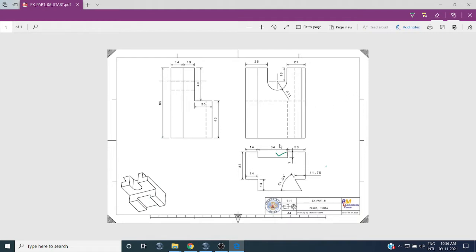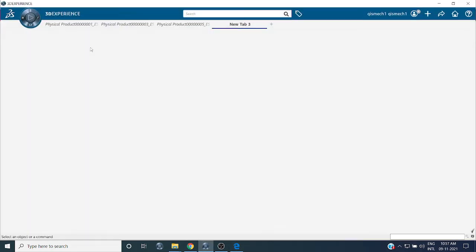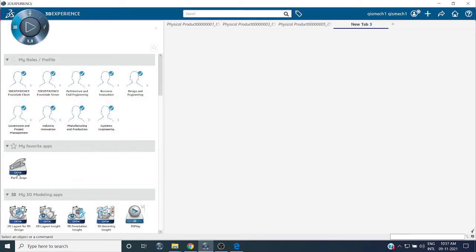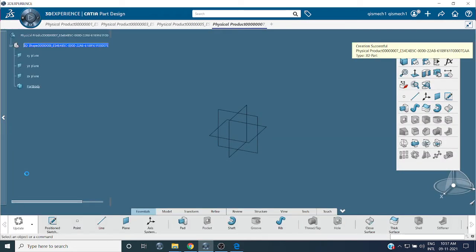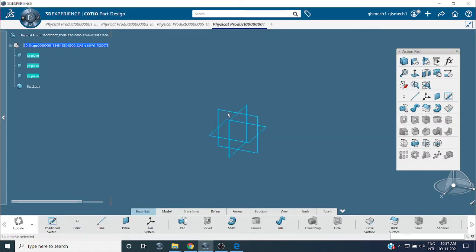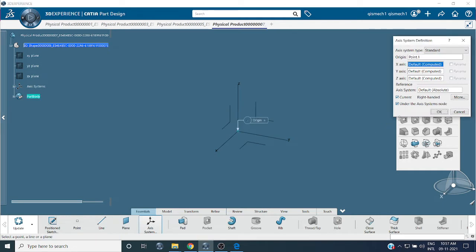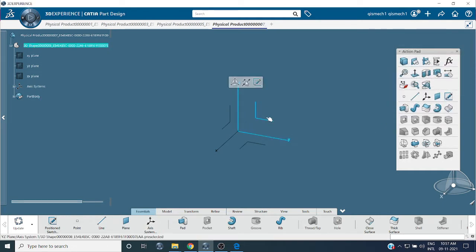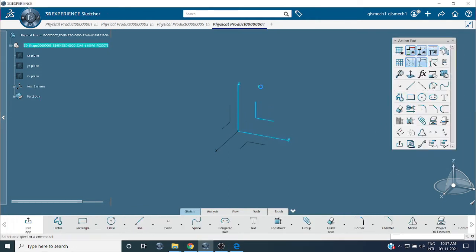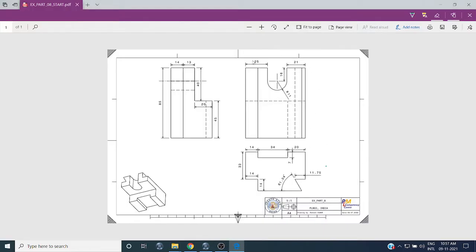Okay, so we'll start from the front view. Hide and show of the plane, create a point, insert an axis, take any of the planes, go to the sketch, start from the front view.